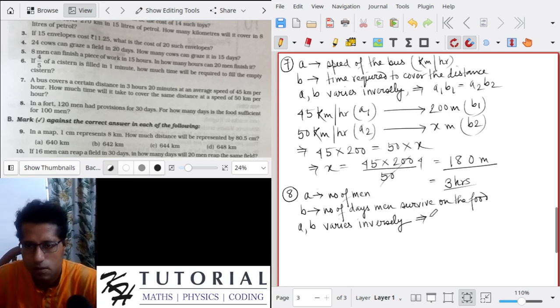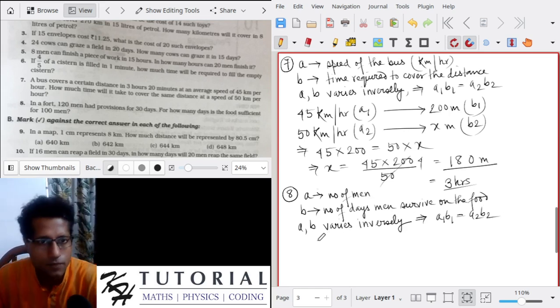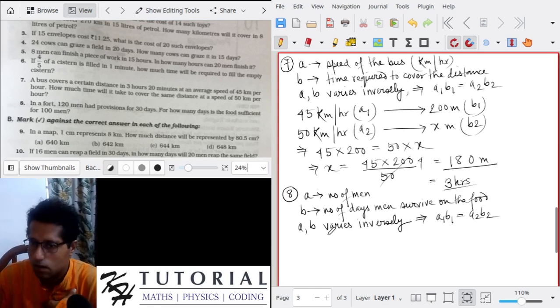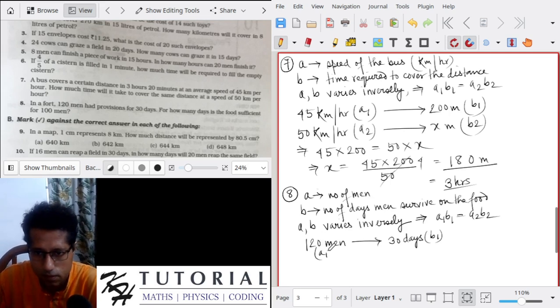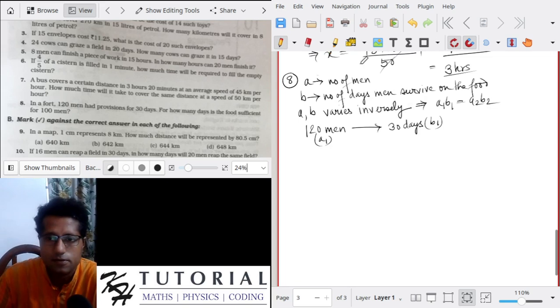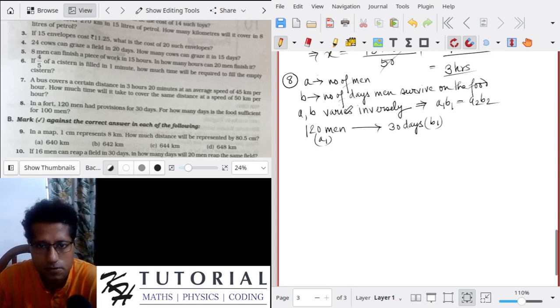This implies A1 B1 will be equal to A2 B2. It says that 120 men can survive on the available food for 30 days. This is B1, this was A1, and it is asking for how many days is the food sufficient for 100 men. So 100 men, this is A2, will survive